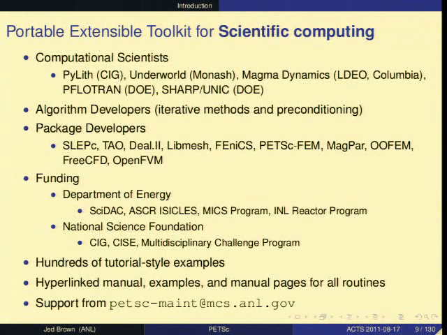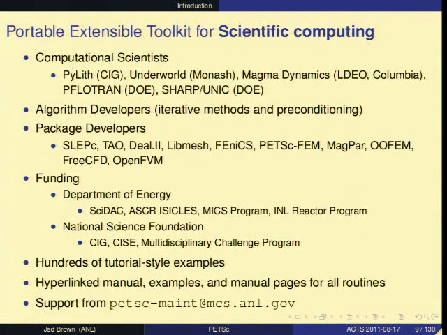It's used by quite a lot of people, from computational scientists in application areas to people developing new algorithms. A reasonable number of the Krylov methods in PETSc, for example, were developed by people in the iterative linear algebra world as a demonstration of their method, often as the implementation in the first paper on that method, and then they contribute those. So there's lots of exotic Krylov methods that we've acquired that way. And then there's a lot of packages from discretization libraries, more advanced analysis libraries, and domain-specific libraries that are built on top of PETSc.